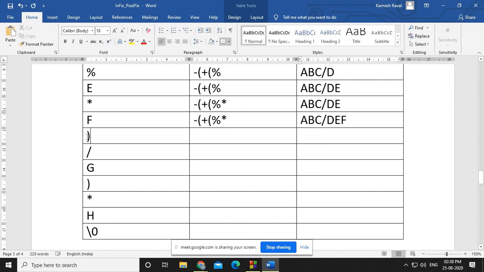Now what you have is a closing parenthesis. Whenever a closing parenthesis is there, its opening parenthesis will be there in the stack, right? So this is the opening parenthesis. Now between these two, whatever operators are there, how many operators are there? Two operators. These two operators you need to pop and insert into the postfix.